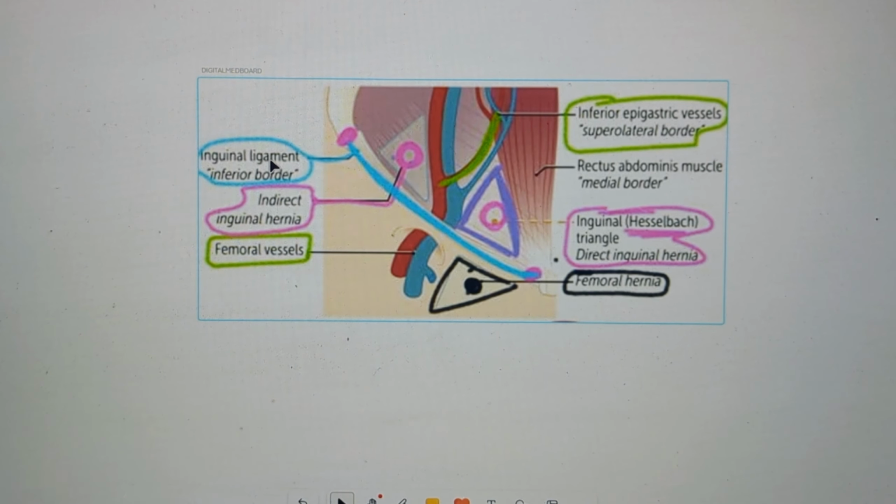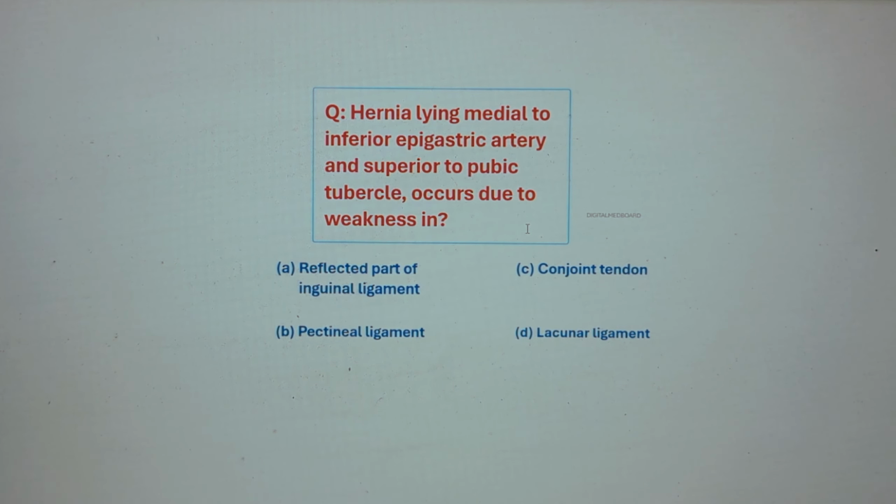The inguinal ligament attaches at 2 points: the anterior superior iliac spine and the pubic tubercle. We got a question. A hernia lying medial to the inferior epigastric artery and superior to the pubic tubercle occurs due to weakness in